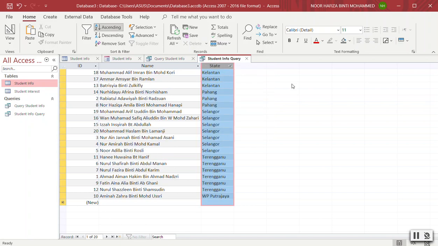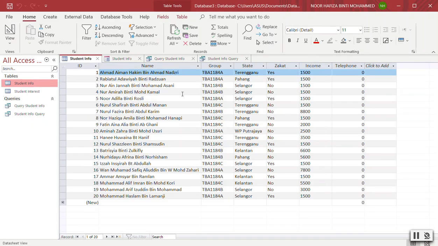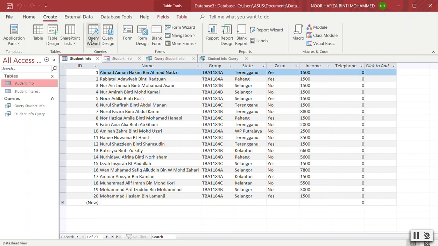Okay, so you can see this one. Okay, and then this is the form of datasheet, and then go to the design view. Okay, student info, you have the name and also the state. Okay, then go back to the table of student info, and we are going to have another query, which is